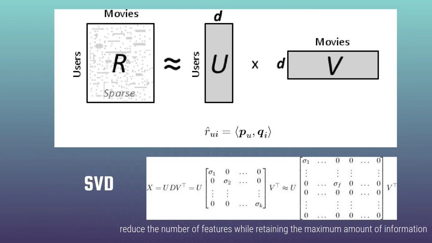Now I suppose you understand why it would be very computationally intensive. Then we decompose that matrix into three other matrices using the SVD algorithm. That allows us to reduce the number of features while retaining the maximum amount of information. And then we are able to get our predictions vector, in that case that is R, using some scalar multiplication operations. I know that it already sounds complicated, but that is only the beginning.